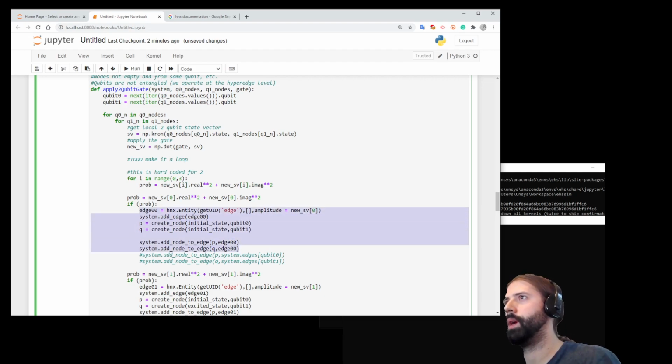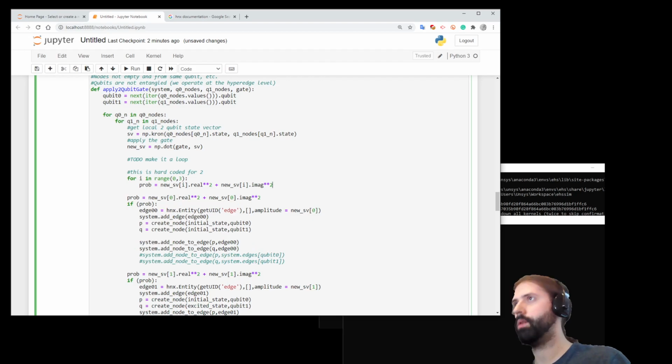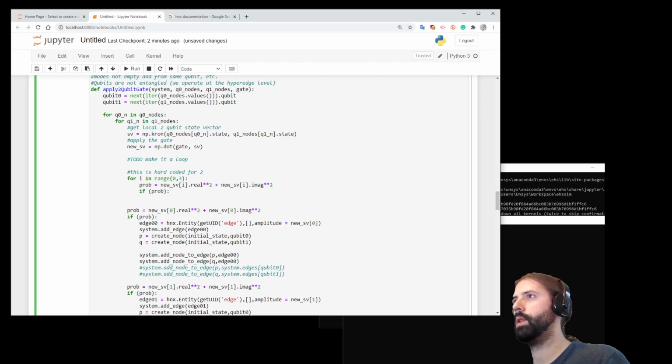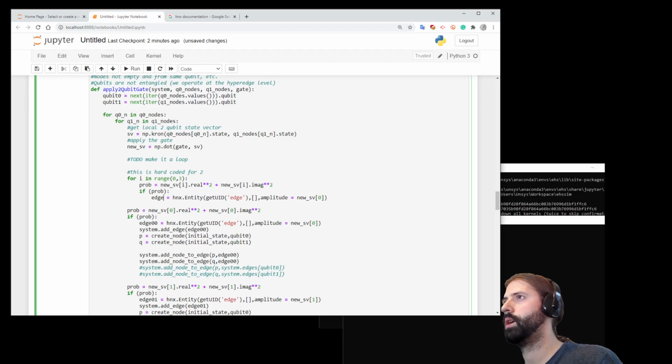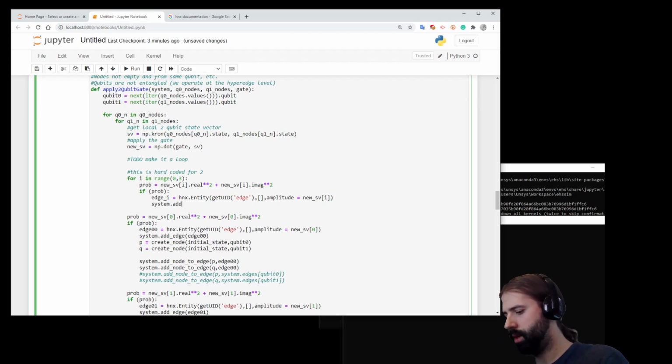And then we should do these, right? And say if prob, then we create an edge, right? So that's an edge, like edge I, so to say, right? Edge I, and it's got this amplitude. Then we add this to the system, add edge I, and then we create